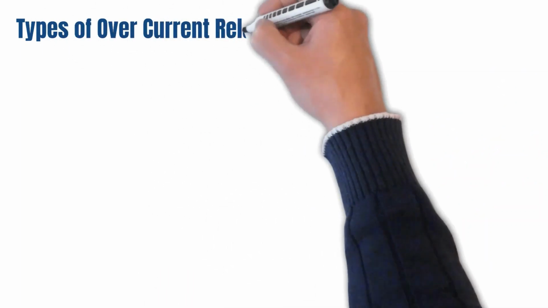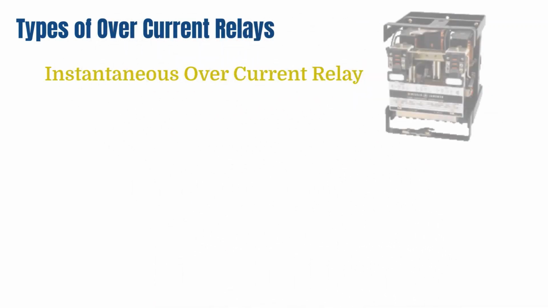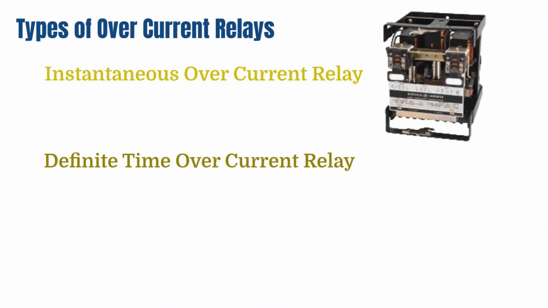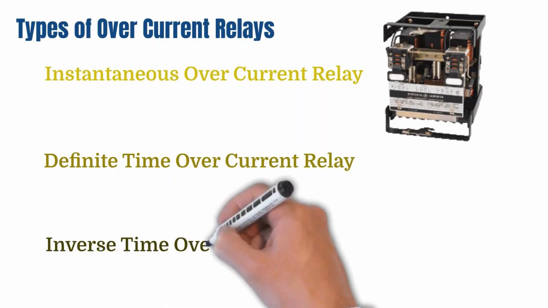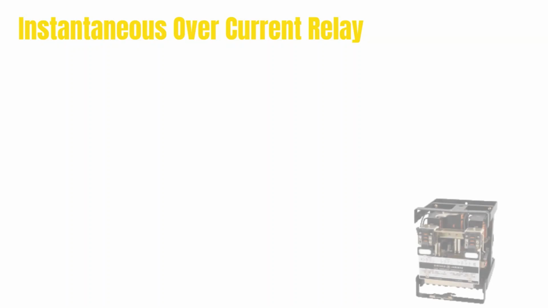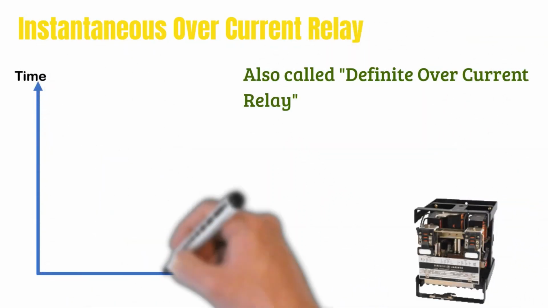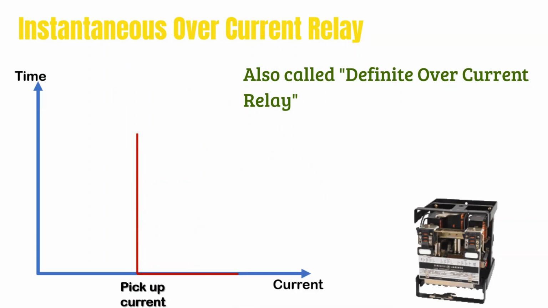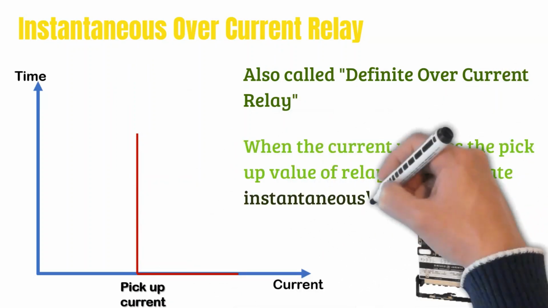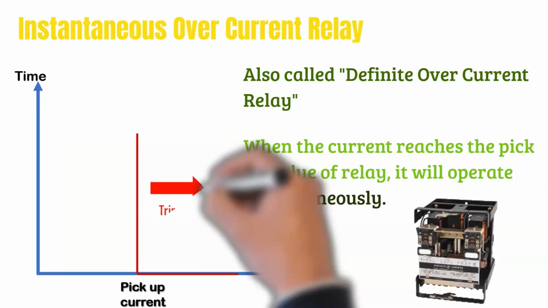There are basically three types of relays according to the time current characteristic curve. They are instantaneous overcurrent relay, definite time overcurrent relay, and inverse time overcurrent relay. Instantaneous overcurrent relay is named as definite current relay as well. This operates instantaneously when the secondary current which comes to relay reaches the pickup value, and then it trips off